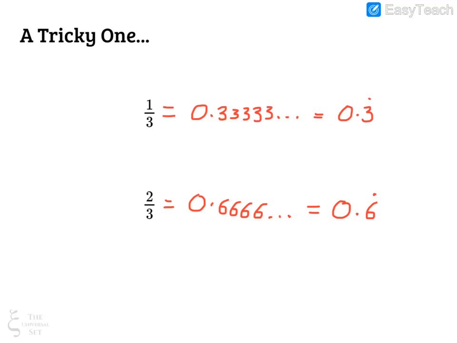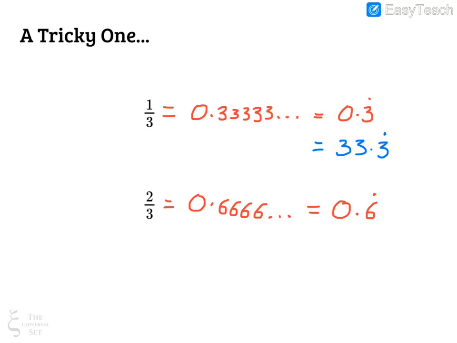So those are these ones as decimals. 1/3 is the same as 0.3 recurring. 2/3 is the same as 0.6 recurring. But it would be useful also to know these as percentages, wouldn't it? So as a percentage, we're going to use that trick that we used before. If I multiply this by 100, I will change it into a percentage, and the answer I'll get will be